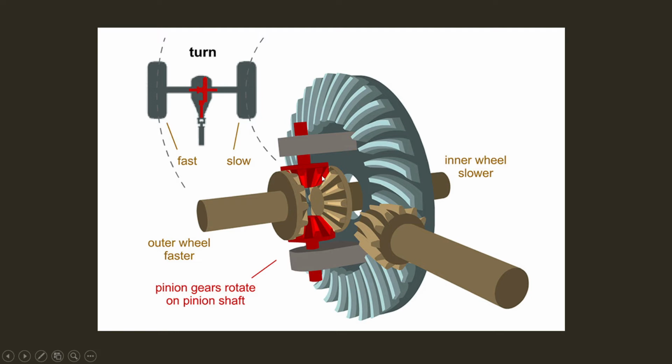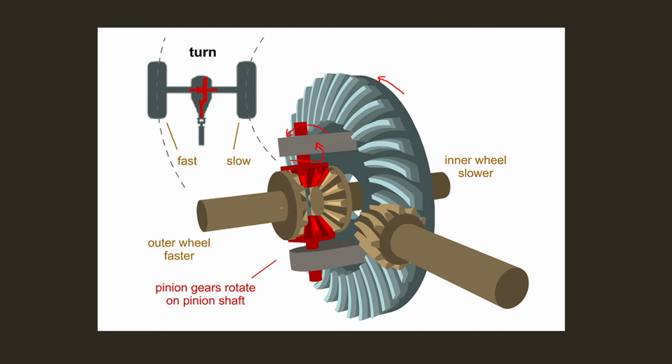They have two motions of rotation: they can rotate along with the casing, and also they can rotate along their own axis. So when the pinion gives drive to the crown wheel, the crown wheel may rotate in this direction. So the casing will also rotate in that direction. This pinion will also rotate along with the casing. Then this pinion also has the ability to rotate along its own axis like this. Okay, so this is the speciality of the pinion.